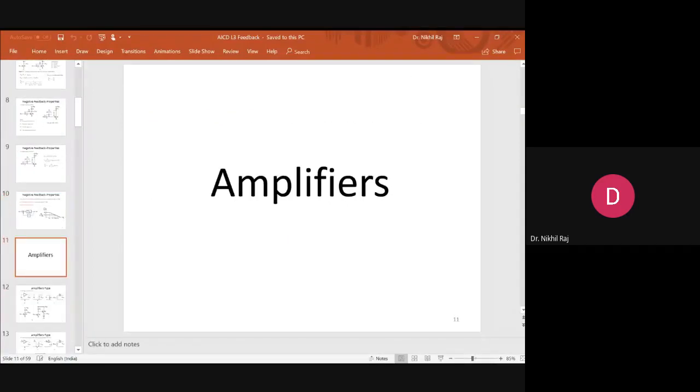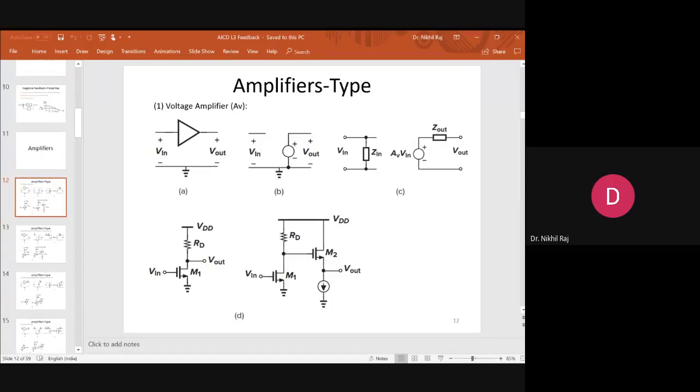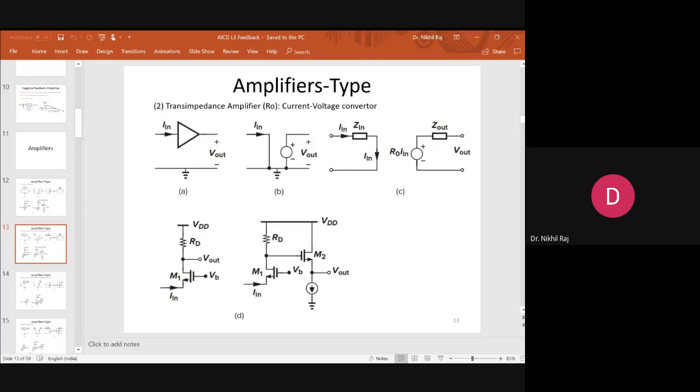Then we switched to the amplifiers. How many types of amplifiers are there basically? So basically four types of amplifiers we have seen. Voltage amplifier. Voltage amplifier means amplifying of voltage, that is ratio of output to the input voltage. When the ratio of voltage is there in the numerator, also in the denominator, it is a unitless quantity. Then second amplifier we went for impedance amplifier, that is transfer of impedance. Transfer of impedance means it will be the unit of resistance. This means it will be the ratio of V out by I in.